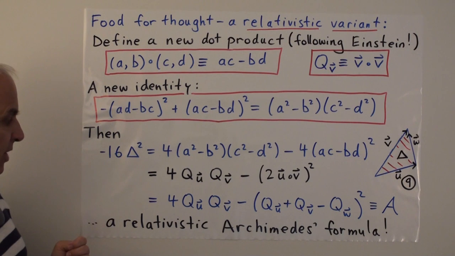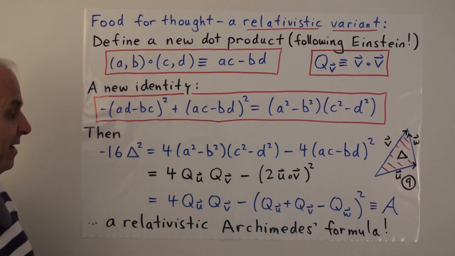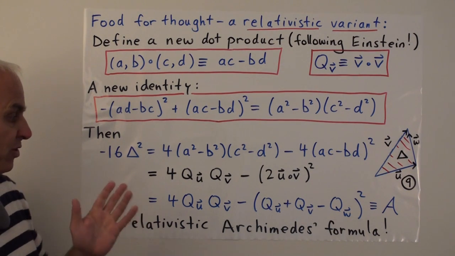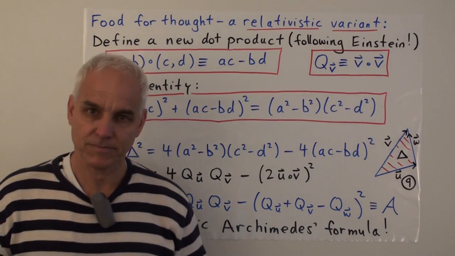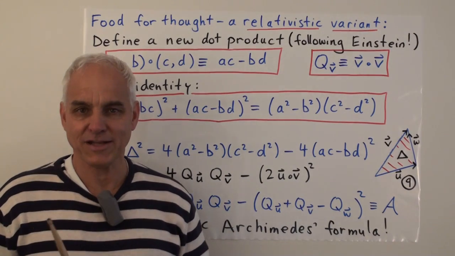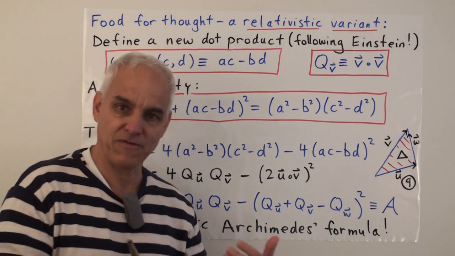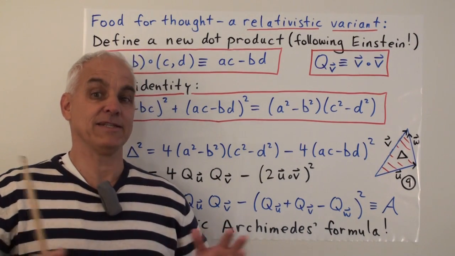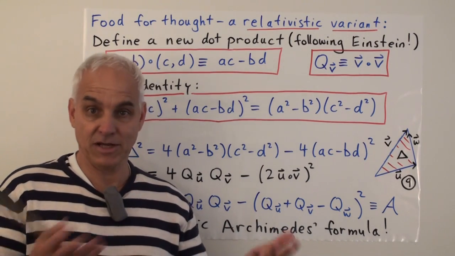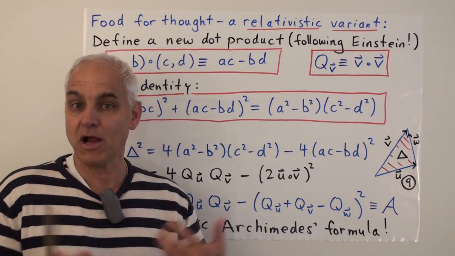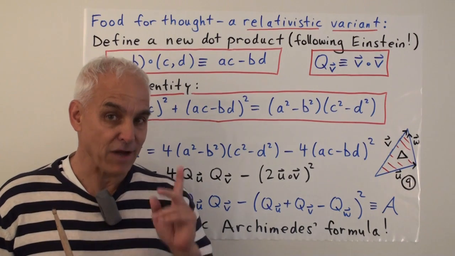So we can still get at the area of the triangle. It's the same area, but the metrical structure can vary. So it's a relativistic Archimedes type formula. So we see that this rational trigonometry approach not only allows us to get nicer formulas more simply, but it allows us to extend our formulas beyond the usual framework, so that Euclidean and relativistic geometries really come together and really are part of the same story. They're ruled by the same laws of rational trigonometry.